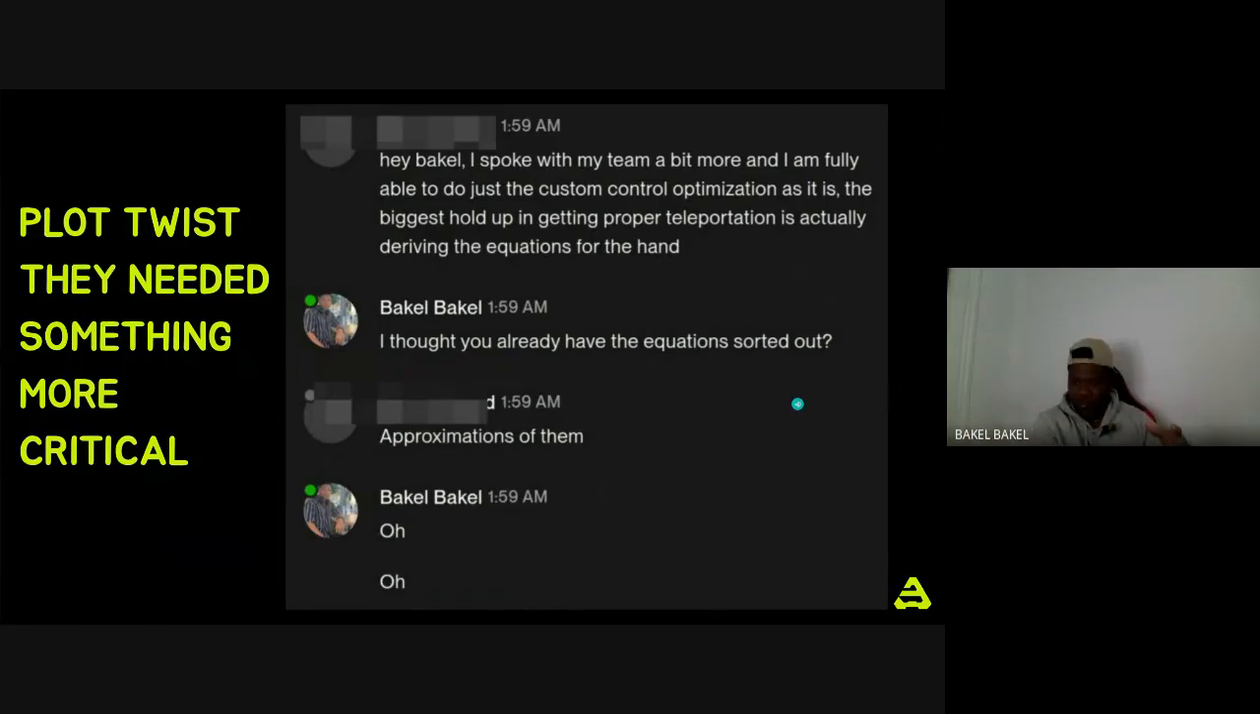I'm trying not to go too deep, but my first question to them was, I thought you already have the equations sorted out. How do you even go that far without having the mathematical model of the robot in your code? And they said it's just approximation. And I was like, oh, okay. So that was when I realized